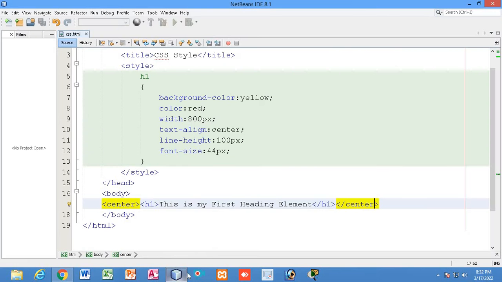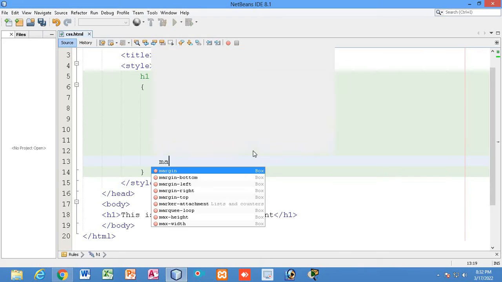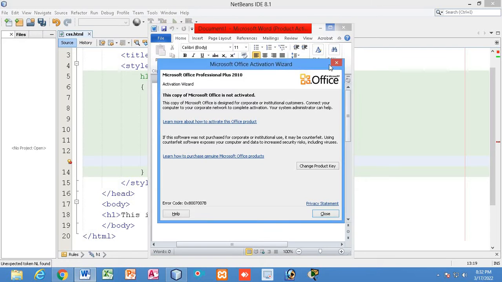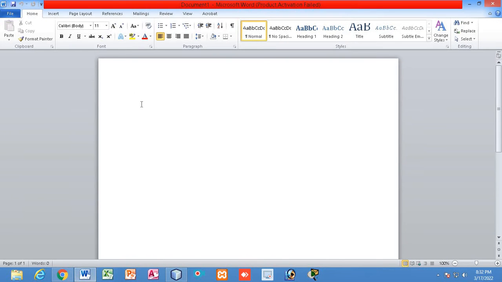Instead of using the center tag, I can also use margin. So if I write margin, let's say I want to apply margin. Margin means, we normally discussed margin while using Microsoft Word, right? If I open this Microsoft Word document, you can see my cursor is blinking, and if I start writing something over here, this is my